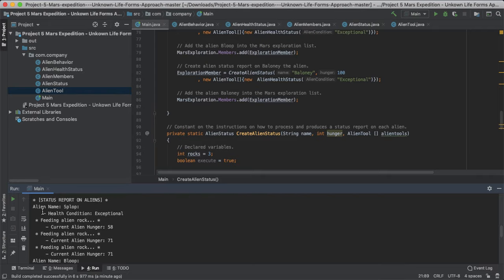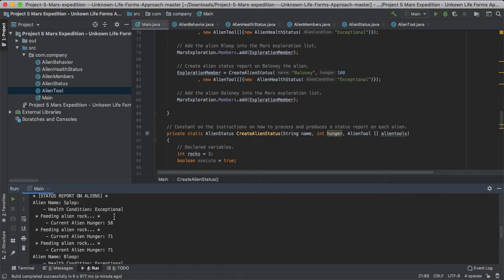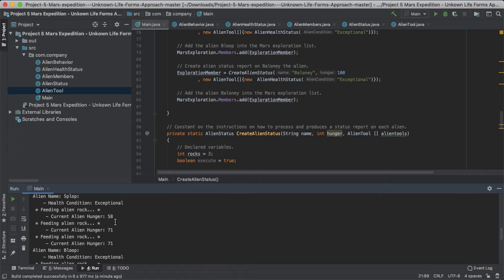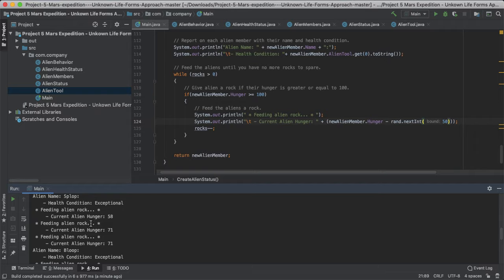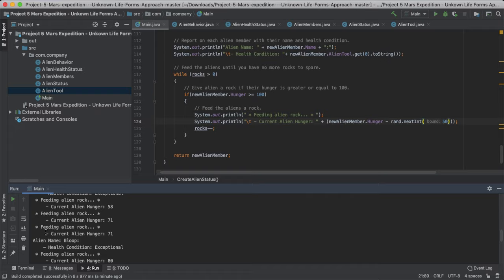And then over here you have the status report on the aliens. So here you have the alien name, their health condition, and since they start off with a hunger of 100, they're immediately fed a rock, which decreases it, and then the hunger goes back to 100. So then the looping system over here will feed the alien another rock, which decreases the current alien hunger through another random number generator, or the same random number generator, just a different number. And again, it does that for the third time, which coincidentally did print out 71,